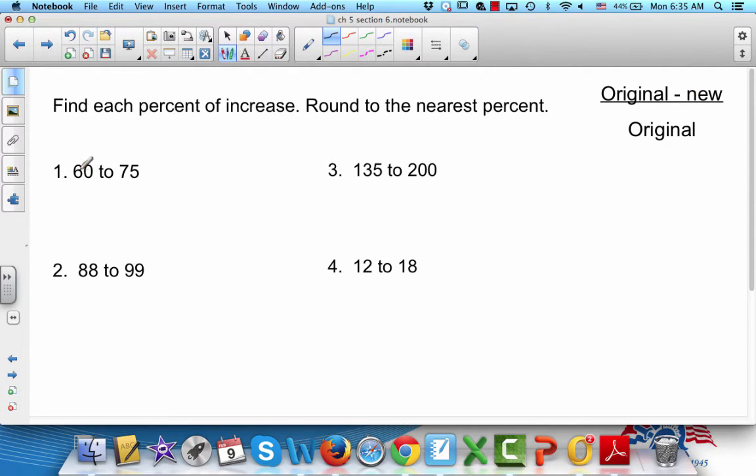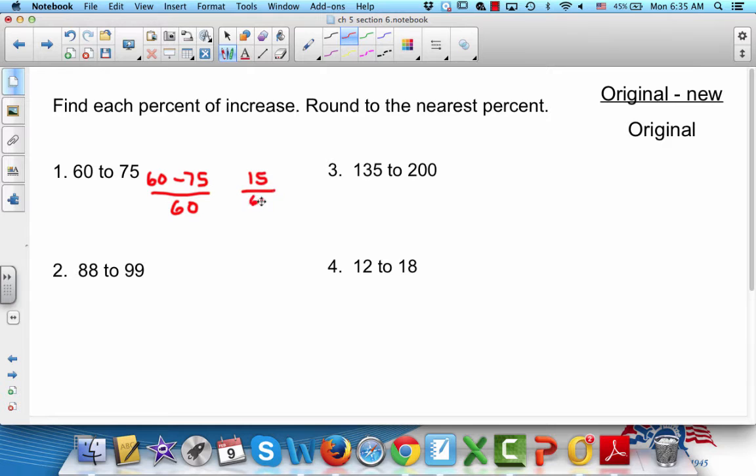Okay, we went from 60 to 75. Alright, so the original amount is 60. The new amount is 75. And we divide it by the original amount. So that gives us negative 15, but we just go with a positive, okay, because we're going with the absolute value of the difference. And absolute value is always positive, so 60 minus 75 is 15,